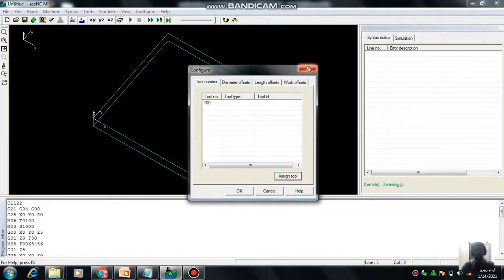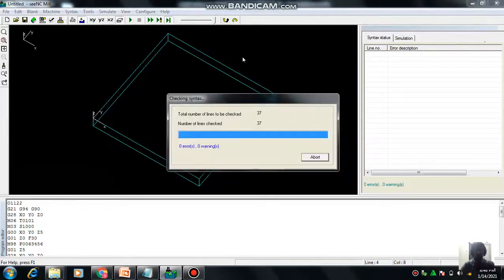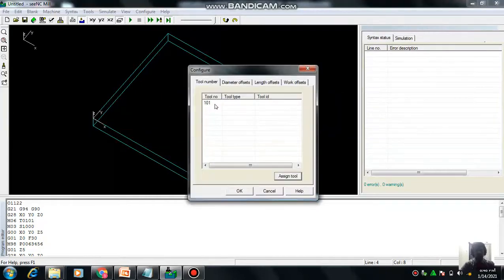The tool number is M06, tool number 100. I can change it, but by mistake maybe I will change this here. Once the syntax comes here, we can change the tool to 01, and it shows 101 or 100, whatever is next to T.